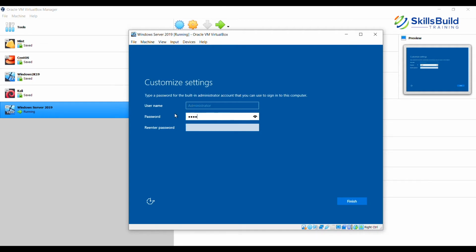Okay, so then I have to confirm the password and I would just say finish. So here I've just given a simple password as "password", but in real life, you should never do that. You should always ensure your password is complex and it should not be a simple one, because simple passwords like the one I have given here, trust me, it can be cracked in less than a second.